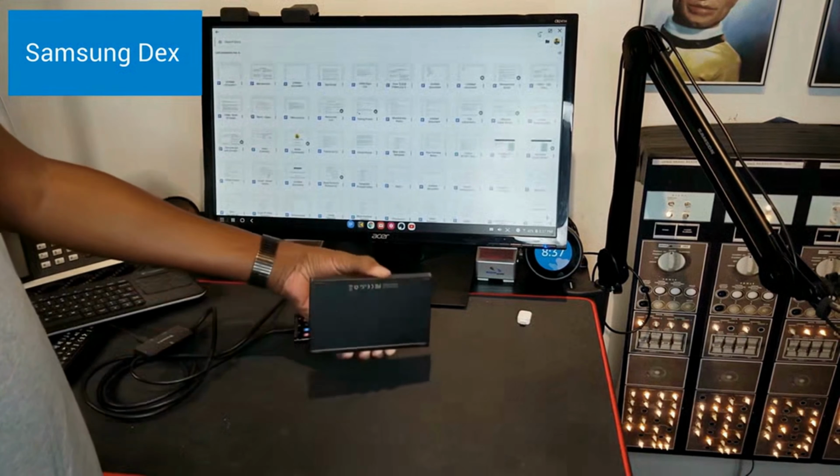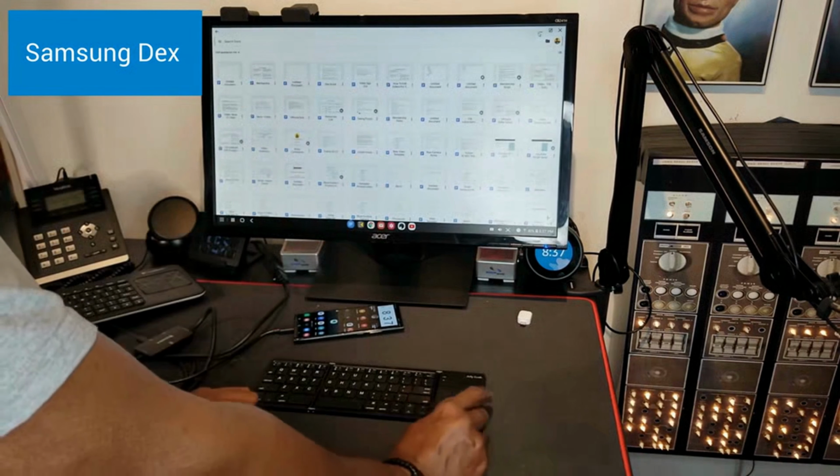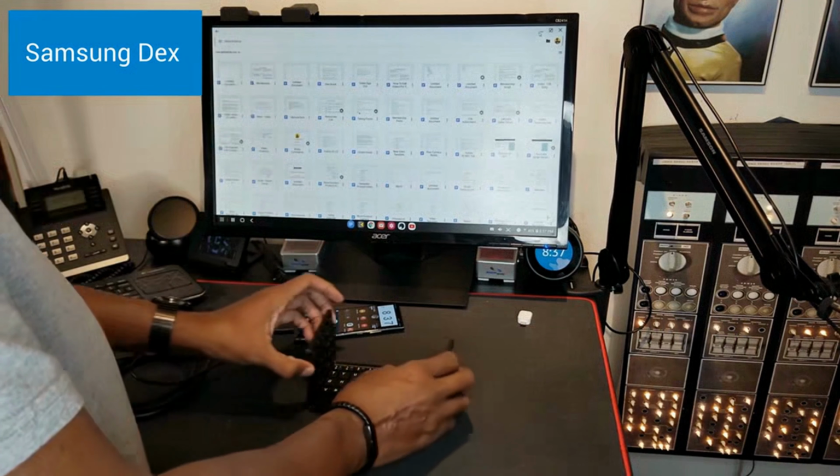It is rechargeable, lasts about 12 hours on a charge. I can take it to somebody's house, plug it in, open it up. I've got separate mouse buttons here, and I have my full keyboard, and I'm all set and ready to go.